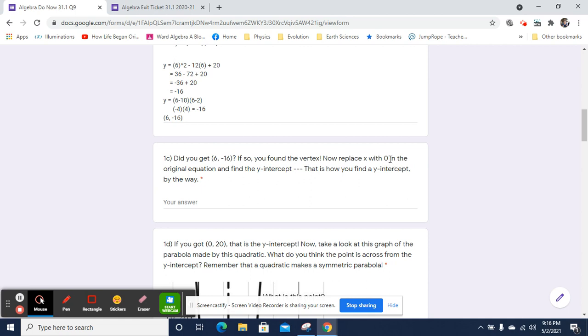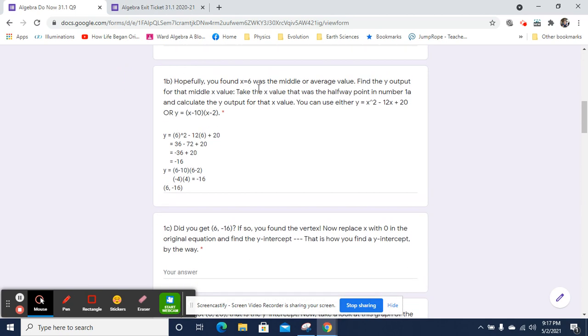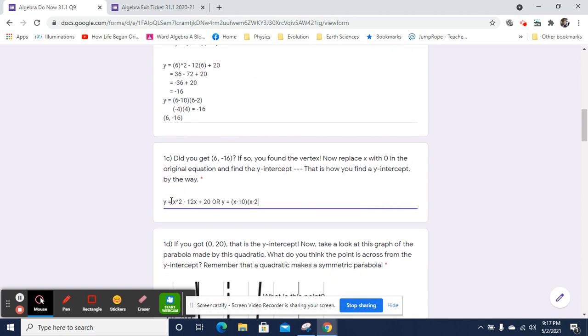Now we're going to replace x with 0 in that original equation and see what the y-intercept is. Because if x is 0, you have the y-intercept. That is how you always find a y-intercept, by the way. So I could grab either equation. Let's go grab them from up here. It'll work for either one. Okay. And let's go down here and plug it in. So if I use x equals 0 here,